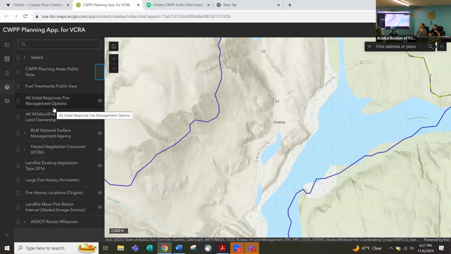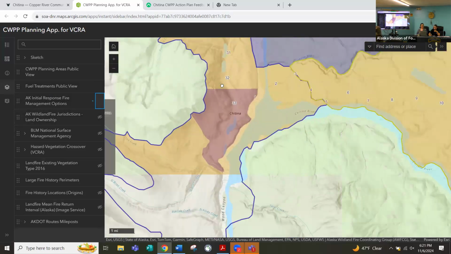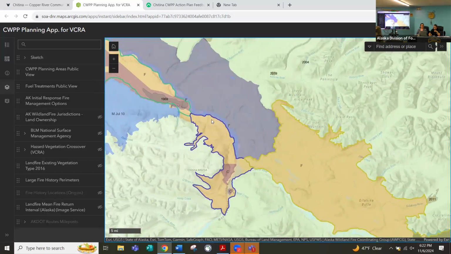The next thing is initial response fire management options. This is important to us as fire managers because it prioritizes initial attack of resources in our area, and it also helped guide how the CWPP boundaries were made.